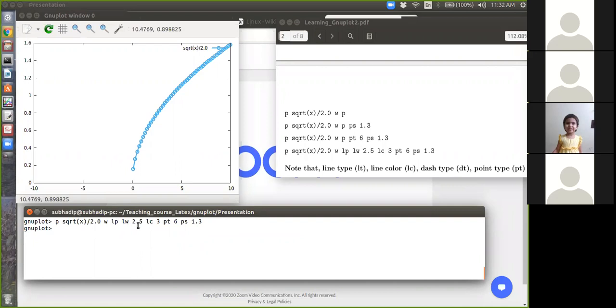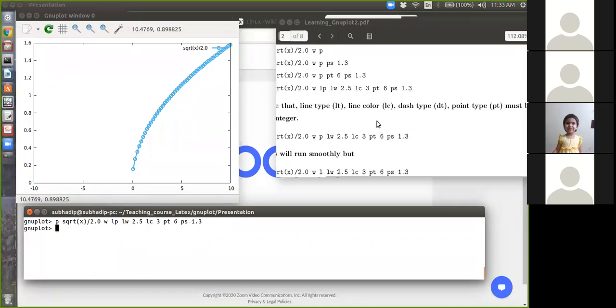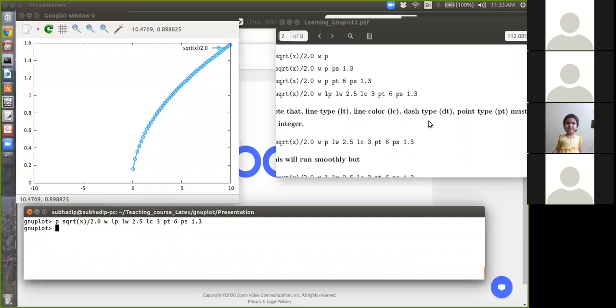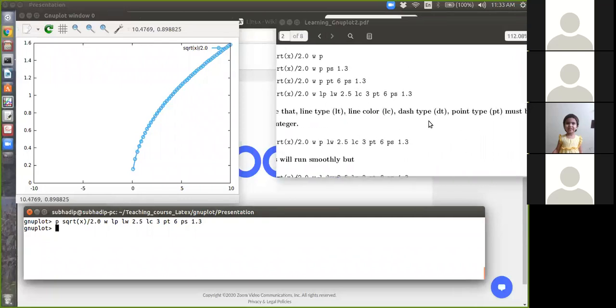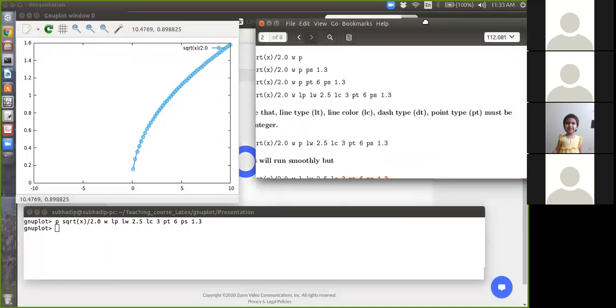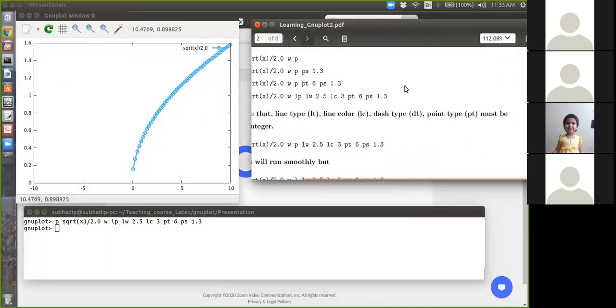Line width will give you the width of the line. Line color will give you the color. Point type is responsible for the circle point, and point size is given by 1.3 and so on. So here is a note that line type, line color, dash type, point type must be an integer. Okay, so they must be an integer.